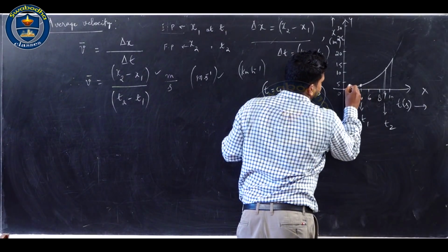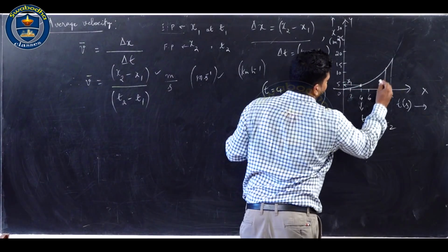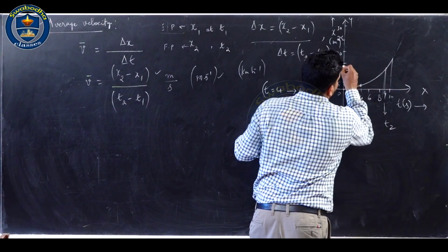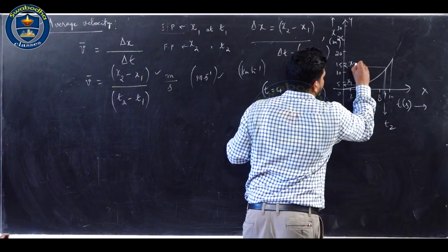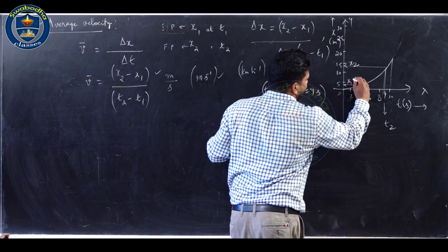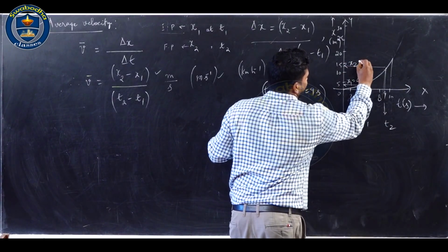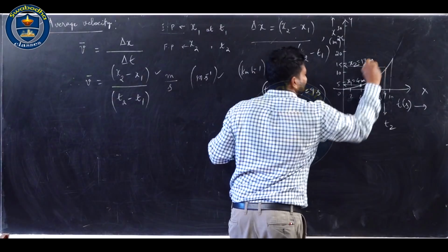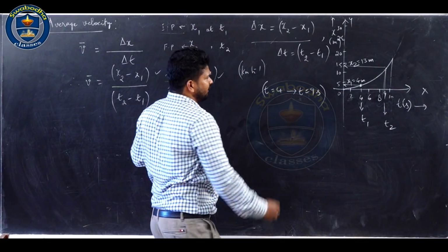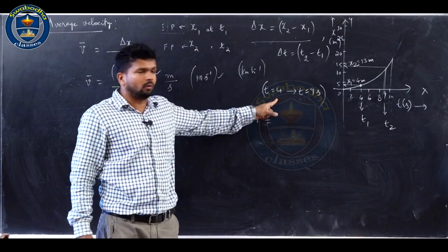Corresponding position, this will be x1, and imagine this will be x2. x1 is less than 5, say 4 meter, imagine. x2 is less than 15, say this is 13 meter, just considering. Therefore, average velocity over this